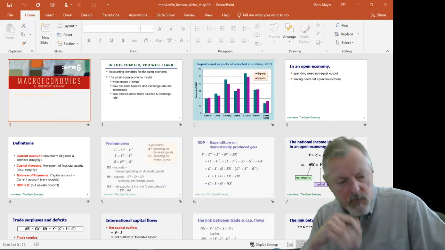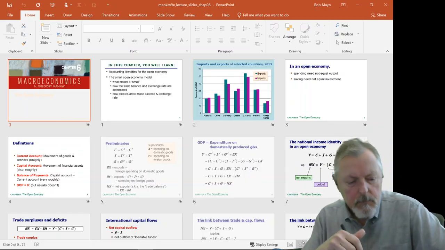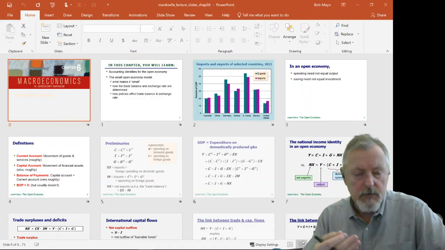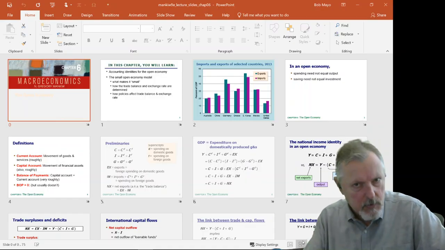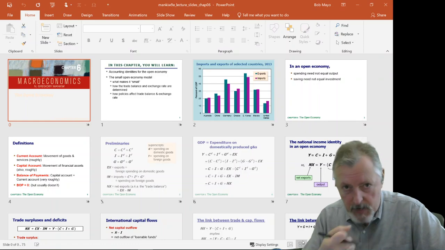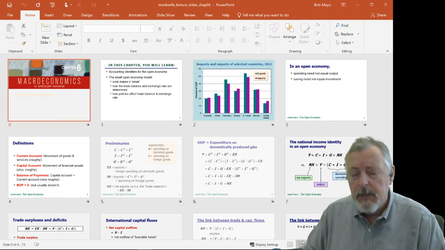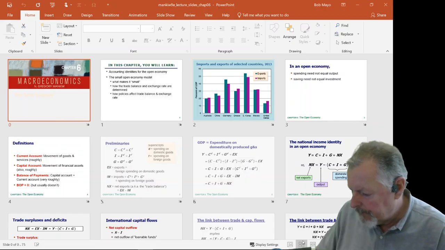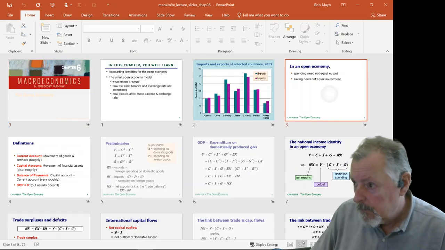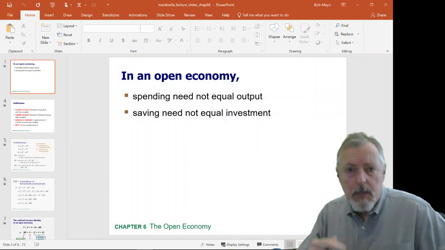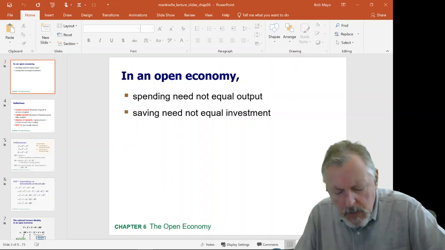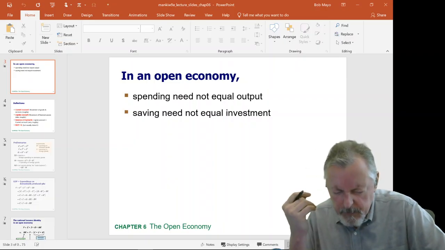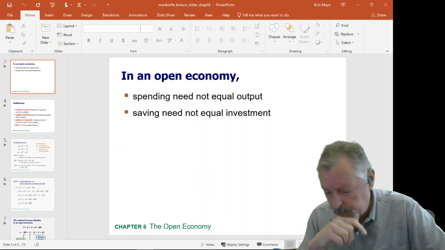So far, we've looked at closed economies. Closed meaning no international trade, no goods, no services, no capital flows in and out. It's as if the country was the only one on earth. Now we're going to relax that. An open economy, where goods and capital can flow in and out,